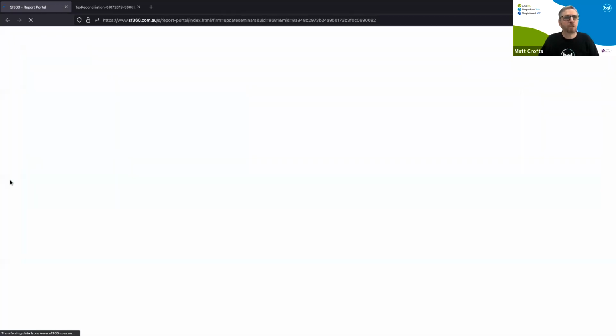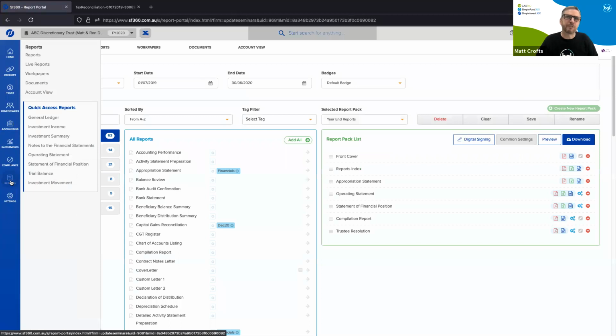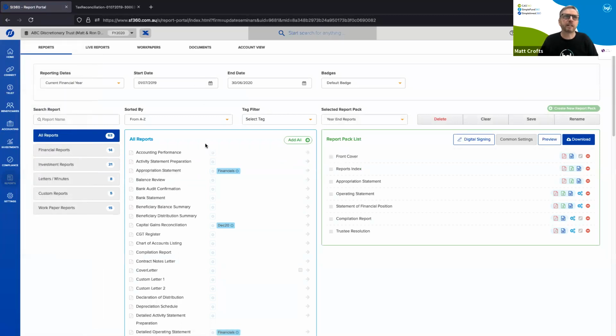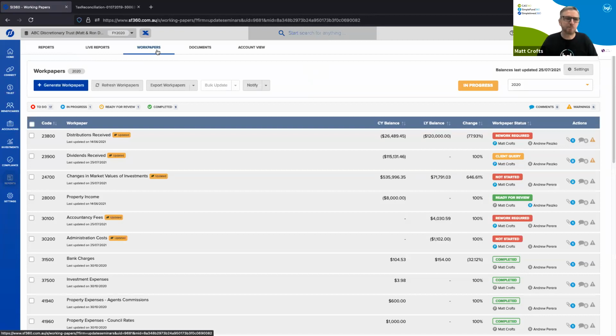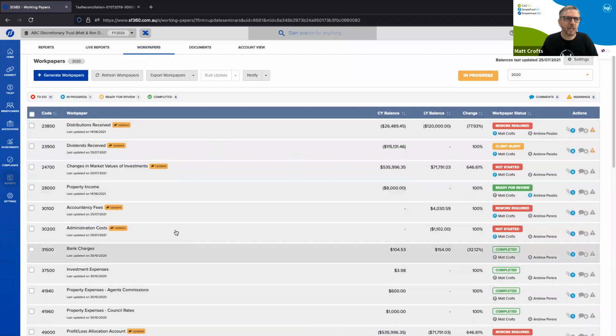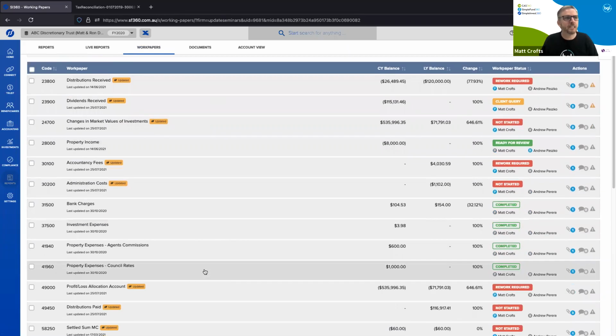Once you've done that, you'd normally go and produce your financials, being your reporting screen. But I'm going to just jump into work papers because this is super powerful, right? We've not just got a great general ledger system with great corporate actions and automation around the tax, but we've also got an incredibly sophisticated accounting work paper solution here as well. So here you can upload all your documents. Okay, so you've got a general ledger. It's a chart of accounts. It only shows the accounts that have got transactions.